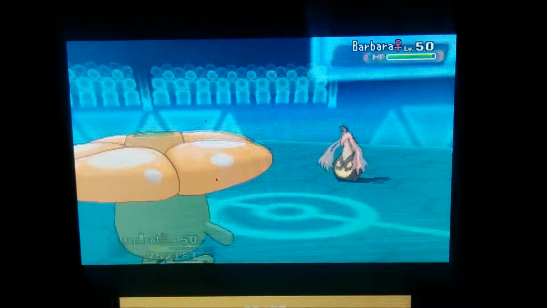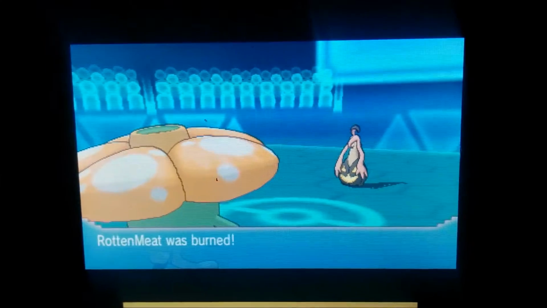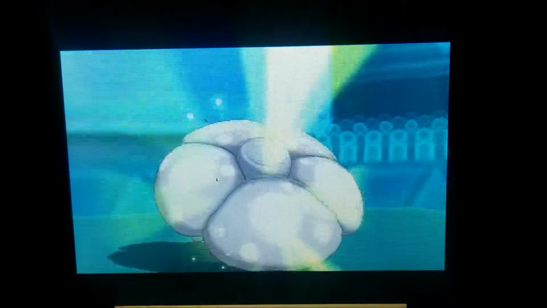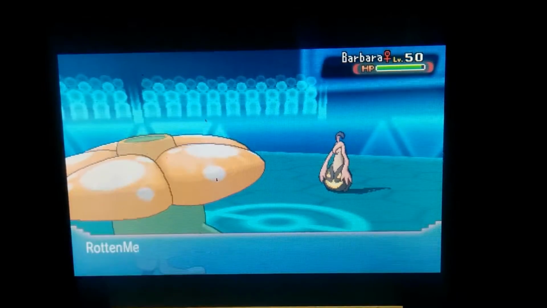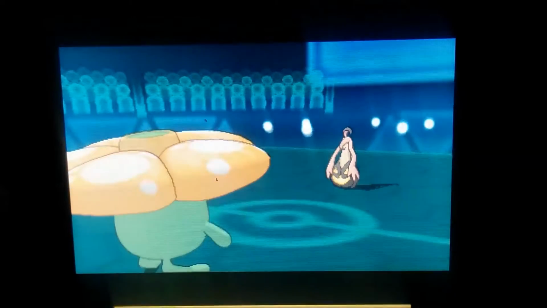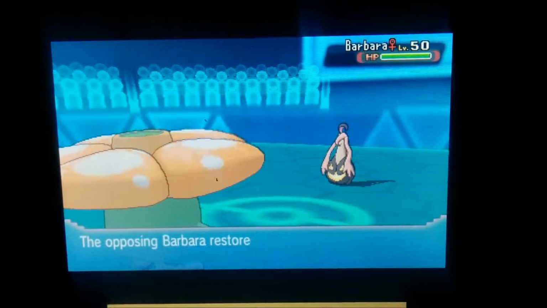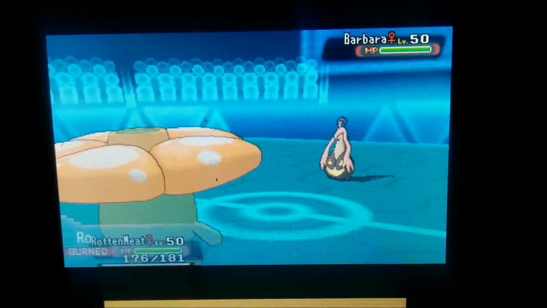much this is just an exchange of Will-O-Wisp, Sludge Bomb, Synthesis, Pain Split, because as he goes for the Will-O-Wisp, I do go for the Synthesis. So essentially, this whole little thing is just us going back and forth, getting our recovery items back up. However, after a few Sludge Bombs, the Gourgeist will fall, and